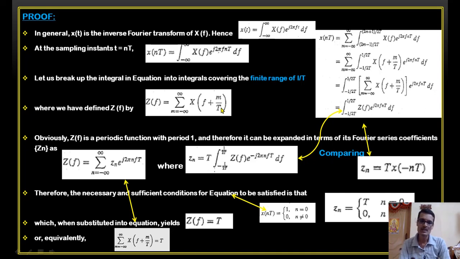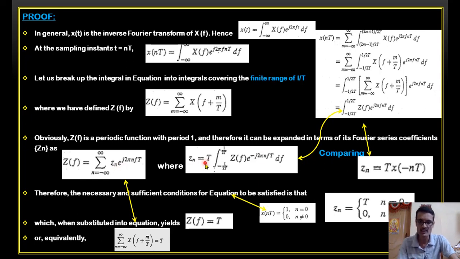That means any periodic signal can be represented in the form of a Fourier series. Is it right? So if I use that Fourier series representation, this is the Fourier series representation for Z(f). The same equation I represent something like this, in terms of some coefficient multiplied by exponential of j 2 pi n f T. This is the standard Fourier series representation of any periodic signal. Now what is Z_n? It's a coefficient. So Z_n is a coefficient which is given by this equation.